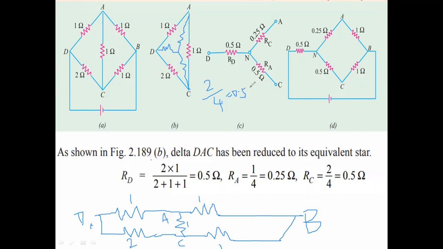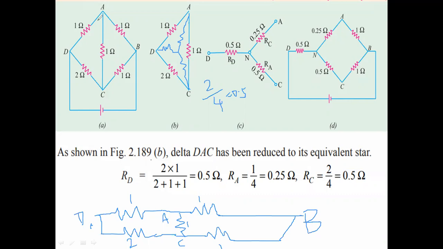I think you are understanding the concepts. Are you following? Yes, sir. Similarly, for this resistance we will have 1 into 1, the adjacent resistances of this particular resistance, divided by the sum of all three. So 1 by 4, it is 1 by 4. Similarly, this resistance is connected to 2 ohms and 1 ohm, so 2 into 1 divided by the summation of the entire resistance, that is 4. 2 by 4, again it is 0.5.